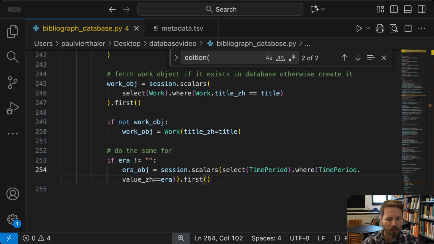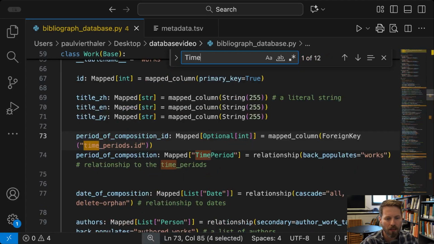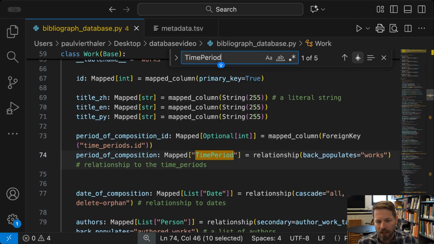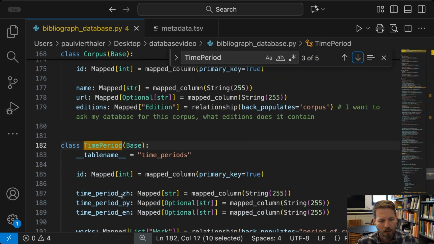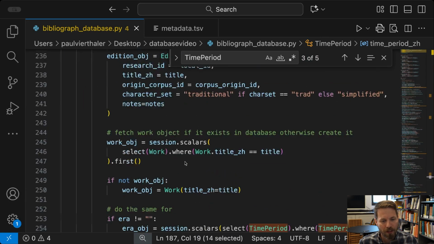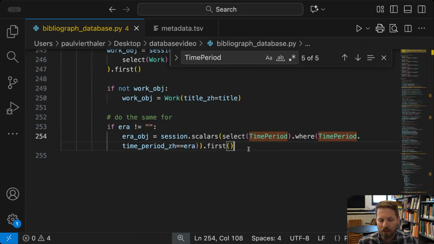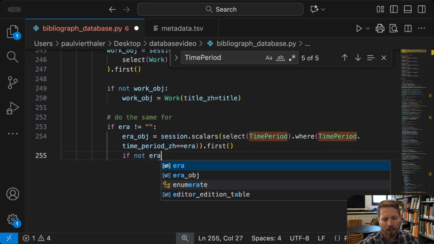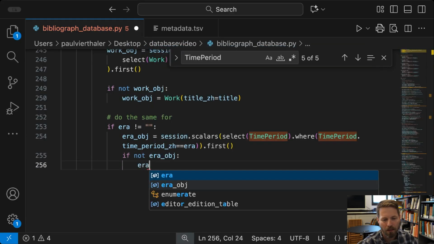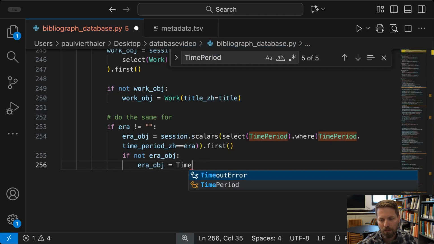And so let's make sure that time period, I'm pretty sure is value zh, but let's go ahead and double check that because that will cause issues later if I don't. Time period zh. Okay, so good thing I checked. And that should be time period zh equals era first. And then we can say, if it doesn't exist, let's create it. So if not, era obj equals time period